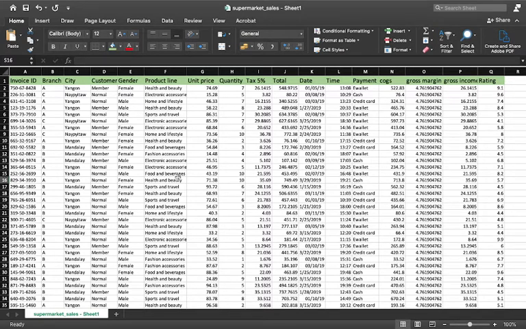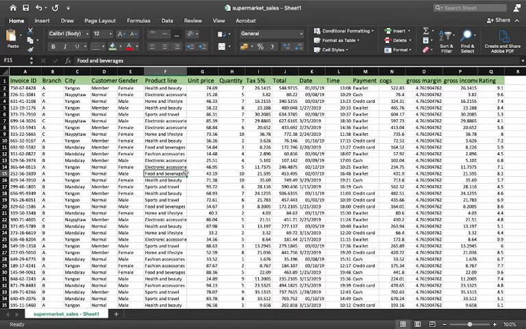Alright, so first we are going to create a pivot table, and I want a chart basically for what? The question is, which product was ordered from which branch of a city and what was the total cost? This is what I need to display in my dashboard. So I'll just repeat it. It says which product. So I need to see which product basically was ordered from which branch of a city. So I need to consider this branch also and the city also, and what was the total cost for it. This is what I need to display.